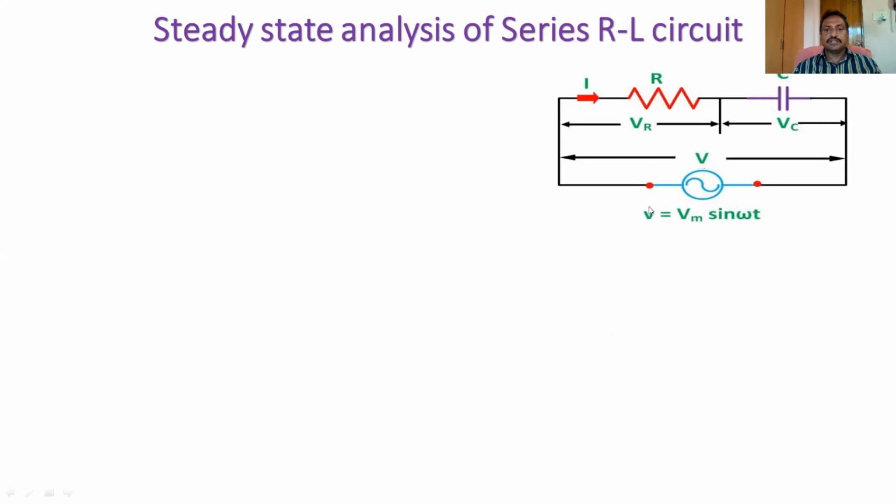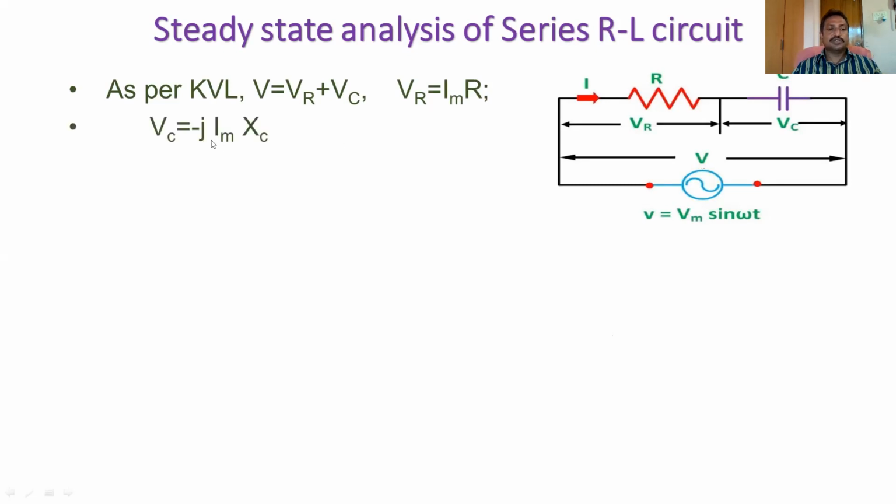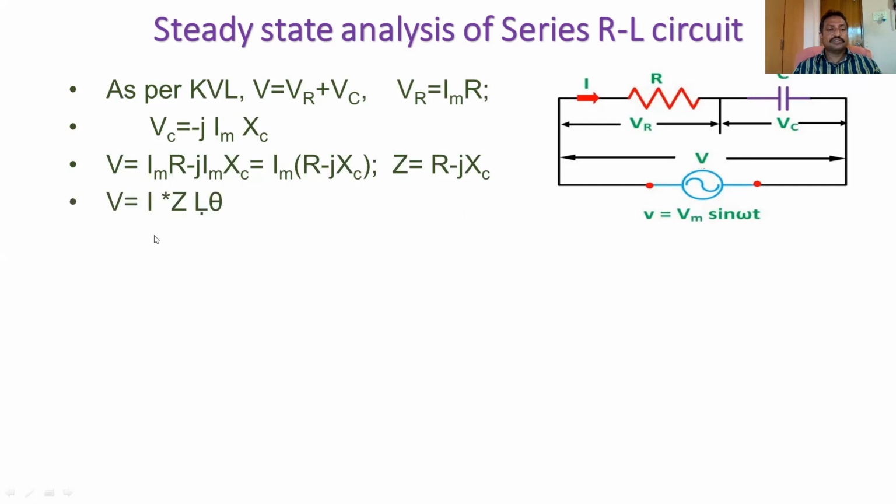RC circuit. So here, in this RC circuit, R and C are connected in series. We apply KVL. V is equal to VR plus VC. VR is equal to Im into R. VC is equal to minus J into Im into XC. Therefore, V is equal to Im into R minus J into Im into XC. Im into R minus JXC. Here, R minus JXC is replaced as the impedance of the RC series circuit. So therefore, V is equal to I into Z at an angle of theta,